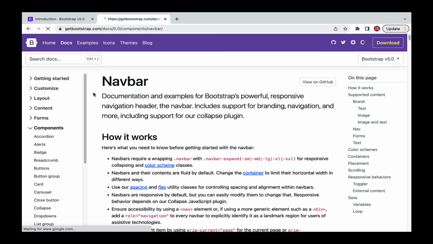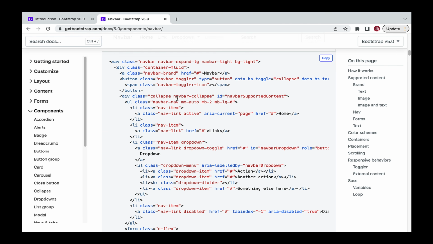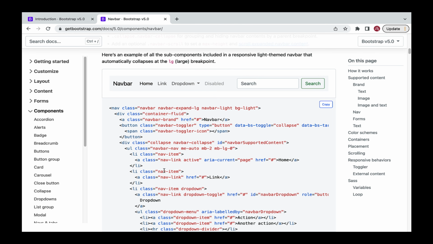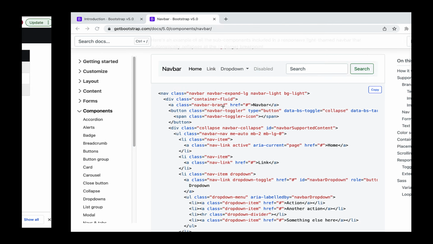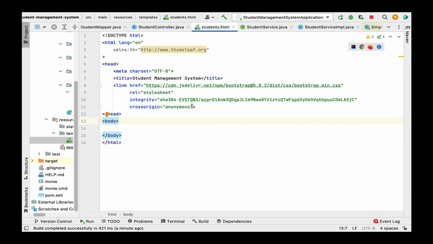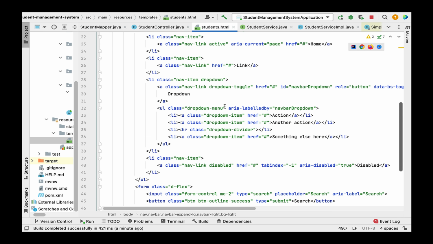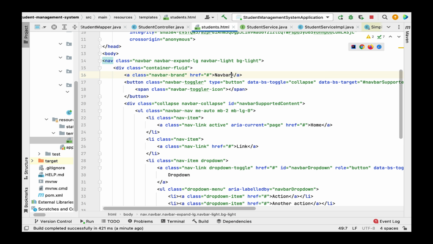and go ahead and click on this top link, and then just scroll down, and here you can see this is the navbar standard template that Bootstrap provides. So we can use this navbar standard template to create a header in our project. So let's copy this navbar and let's go to our project and go to the body. Within the body, just paste it, and let's remove the unnecessary code. So here we have a navbar, so let's replace navbar with the project name, that is student management system, and